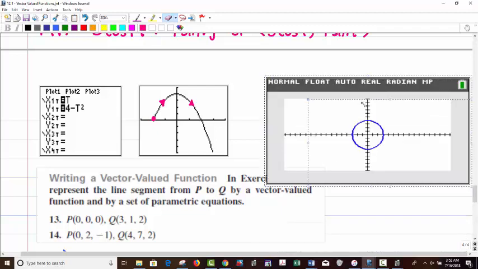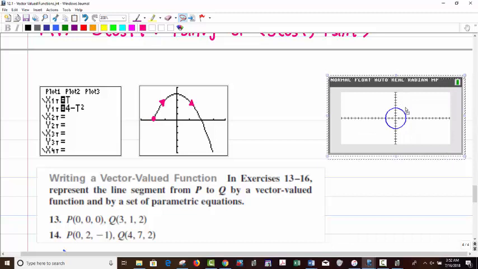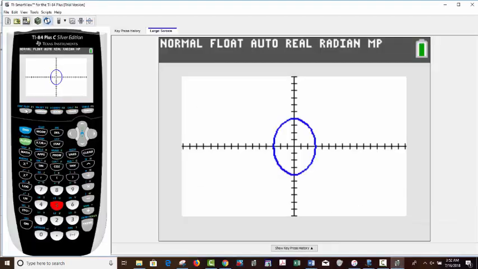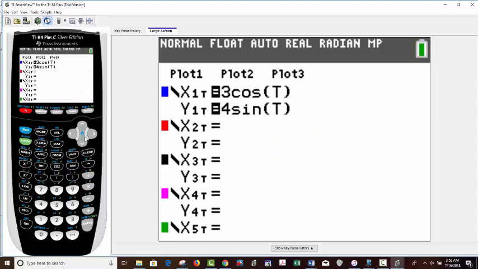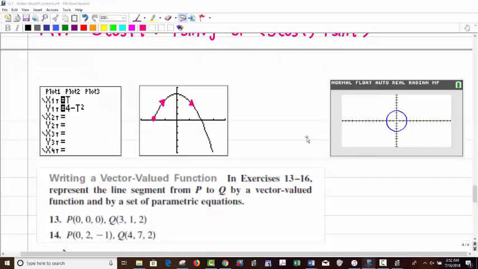Let's shrink that down a bit. And let me get the parametric equations in there. Sometimes I put the window in there when I'm doing a graph, but I'm not going to this time. I'm just going to go back to the y equals and put this right in here